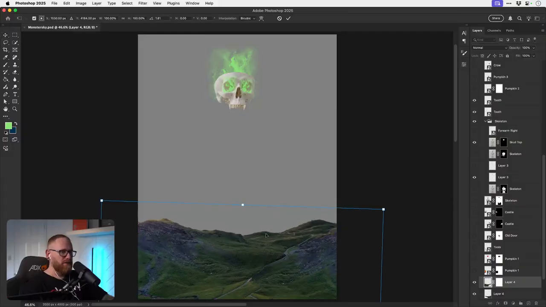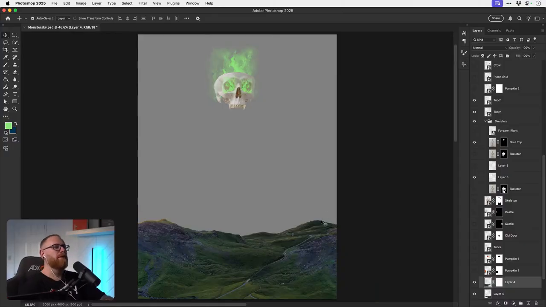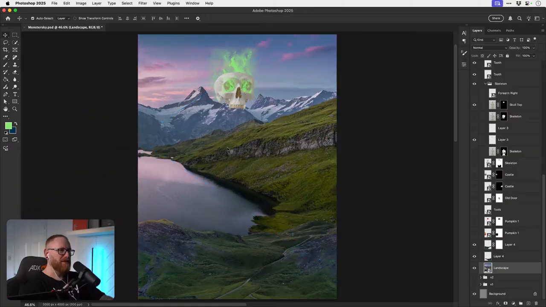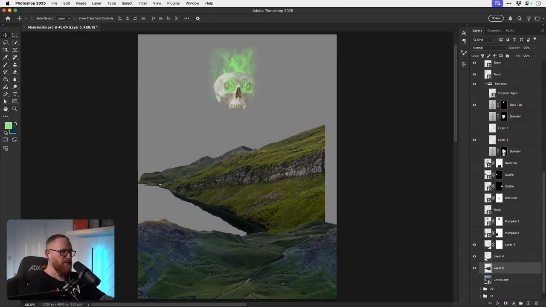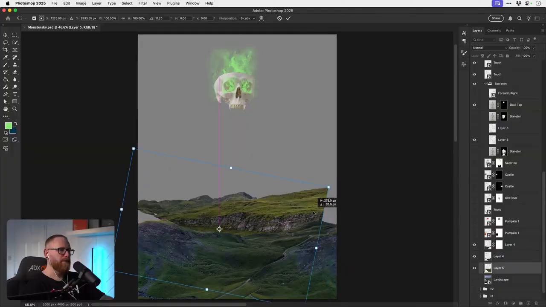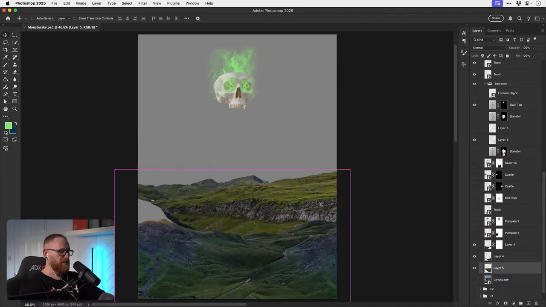Yeah, this could be very interesting. So there we go. We've got a nice little bowl shape. Could we put more of this in the background? We don't want to use too much of the same area because it will just look copy and pasted. But we've got more landscape over here, so we could grab that and throw that in the background. Maybe something like that.